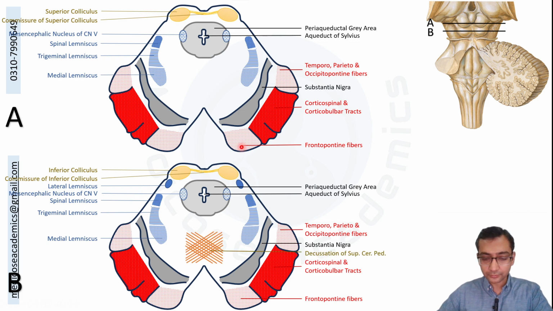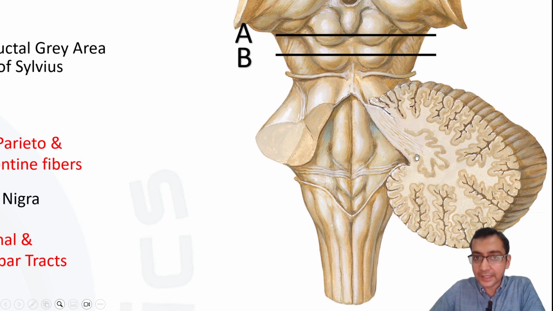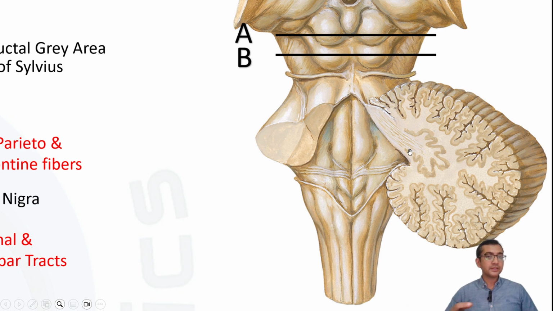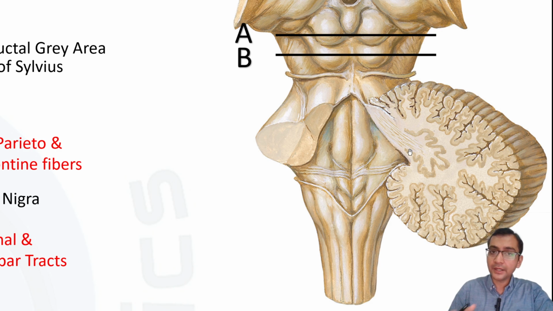Next, decussation of the superior cerebellar peduncle. As you can see in this picture, this is the cerebellum, and here this crumpled bag-like dentate nucleus is the one that sends fibers to the cerebrum. The dentate nucleus sends axons to the red nucleus and to the thalamus, and after